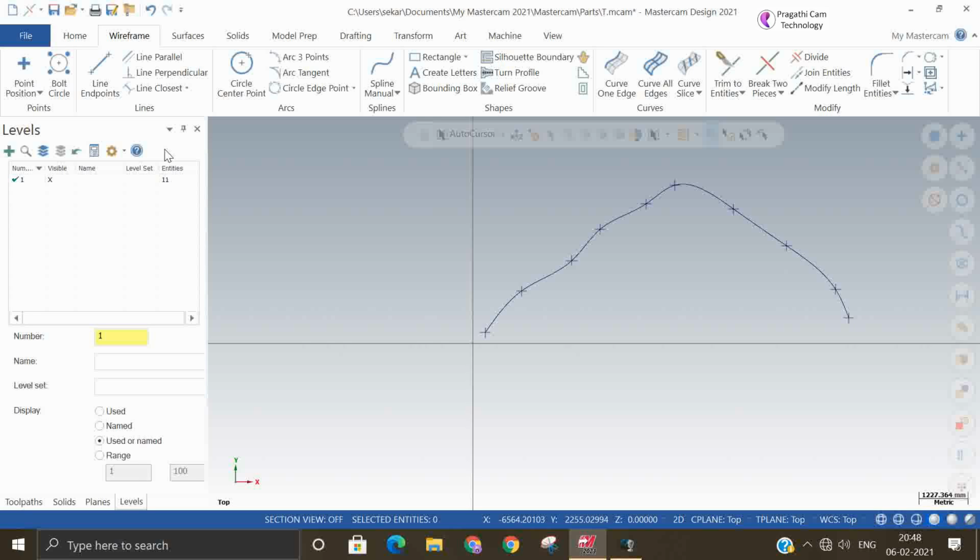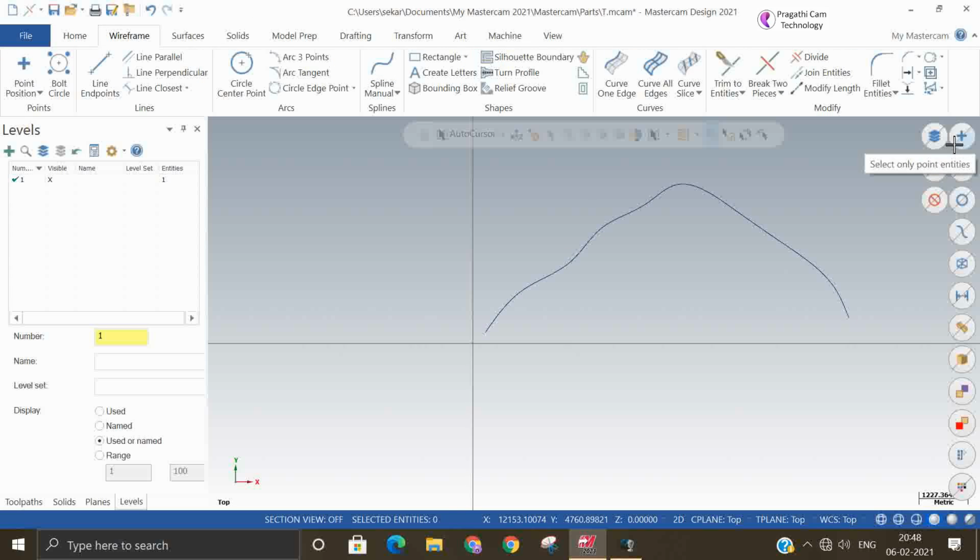But broken chains will create a lot of issues. So if it is possible to connect these two broken splines by a line, it is okay. If not possible, then we need to do it some other way.